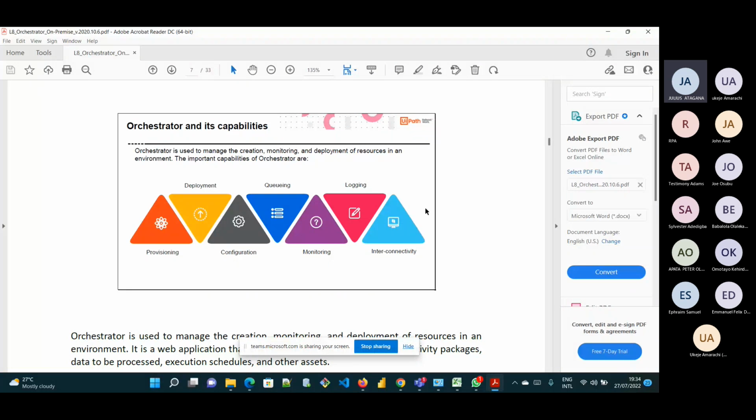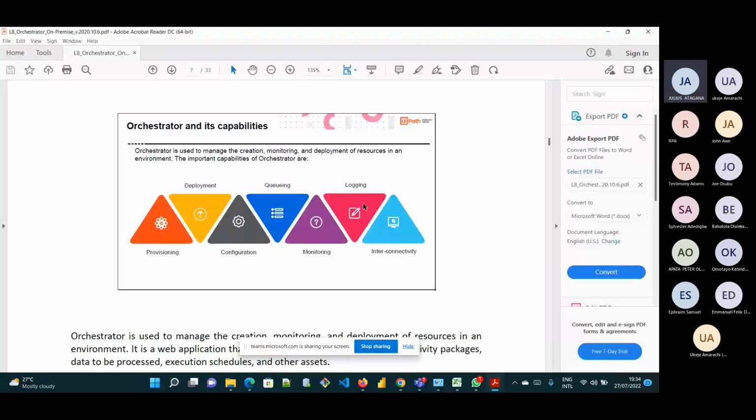You can interconnect multiple robots using the orchestrator. And your logs, if I may say, are the activities that are recorded when your process is running. This gives us different layers of log. We'll have the critical, the warning.